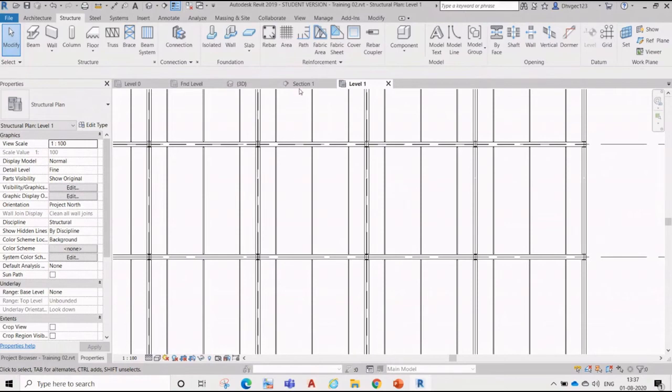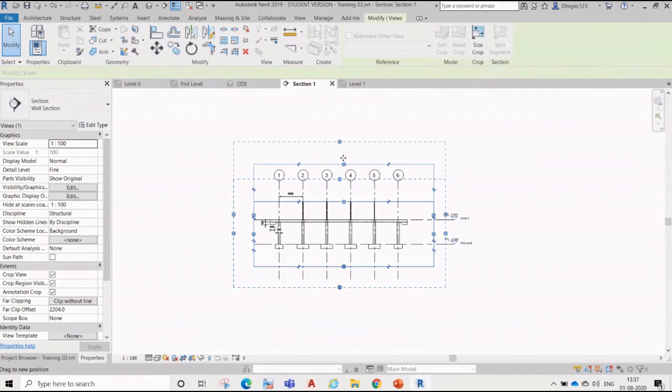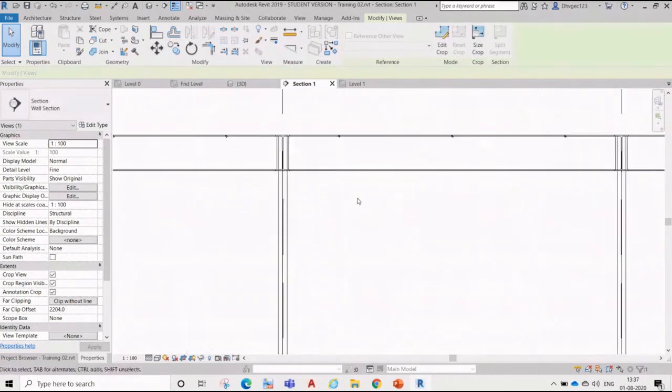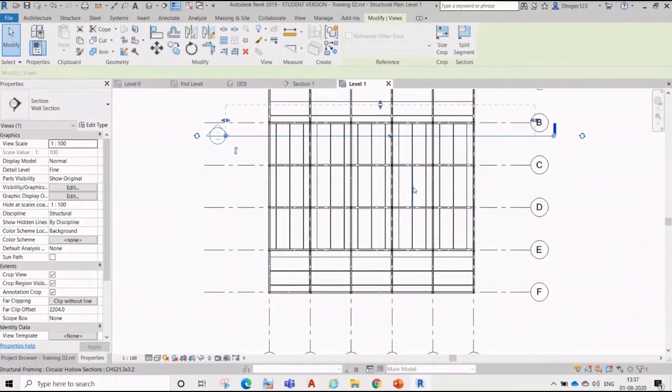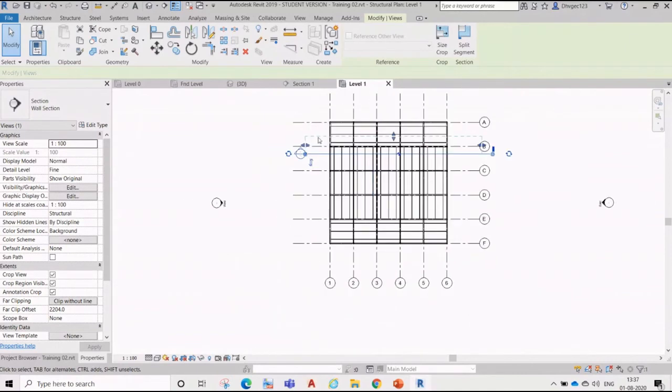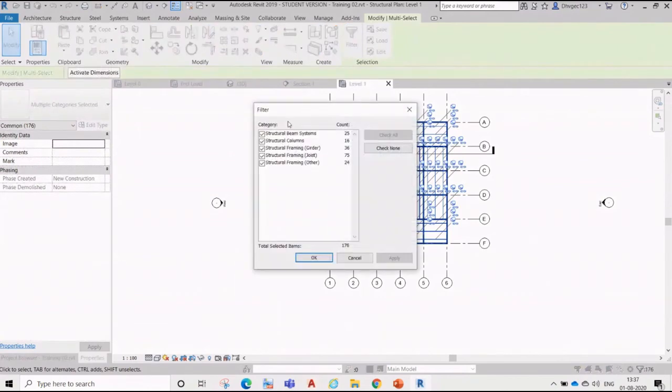secondary beams. If you go here in section, we extend this over here, so we can see that this is, oh, it's not a beam, it's just a wire. Okay, so here what we can do, we can select framing grid structural beam system.